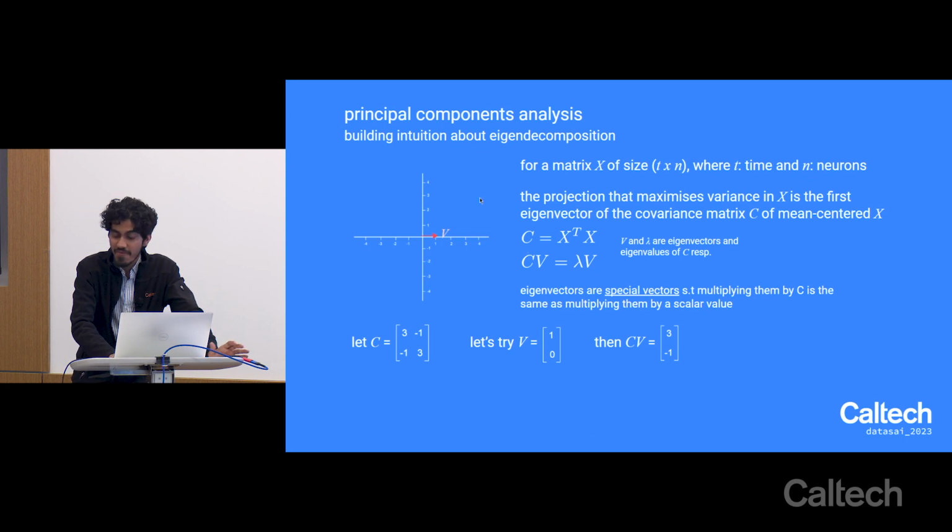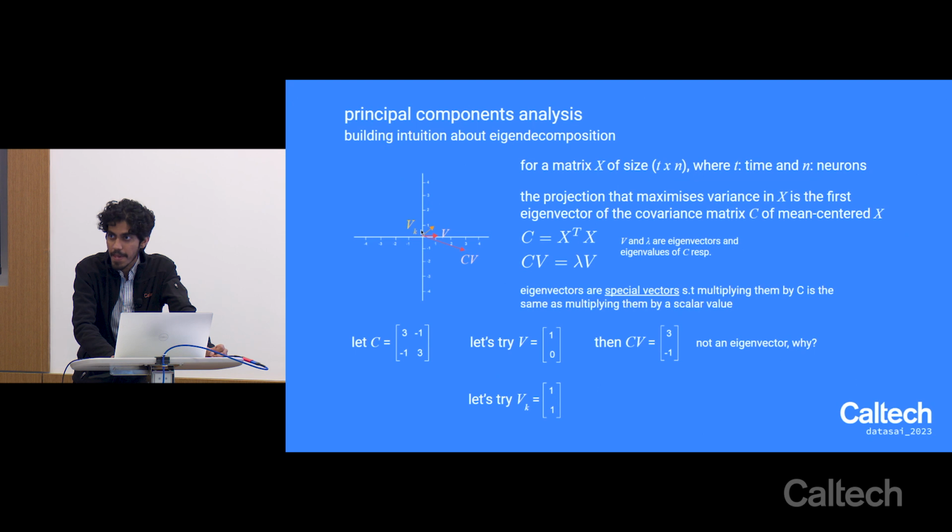So let's take a look at what this vector looks like in the state space. So v was 1, 0. When I multiplied v by C, it gives you 3, negative 1, which is going to be this particular direction here. Notice that when you multiply a vector with a matrix, you deform the vector, and you often rotate the vector in a two-dimensional sense. Simple idea. Now let's consider a very special version of v. This is not an eigenvector, and that'll make sense in a second. Let's try a different value of v.